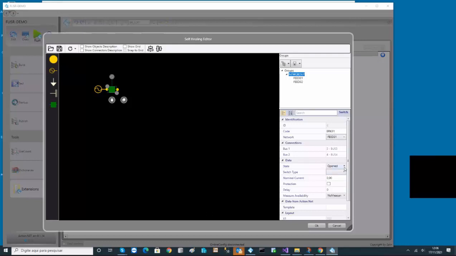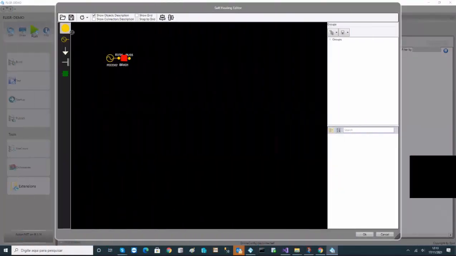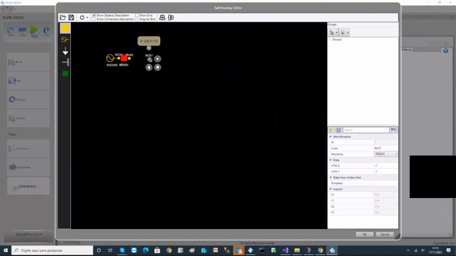There are properties right here. I will add the closed property, normally closed, and the other properties I'll show you in the next breaker that I'll add, okay? I will add another bus here